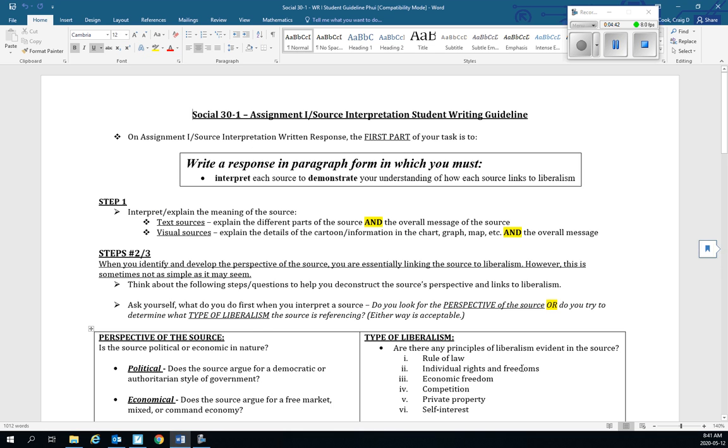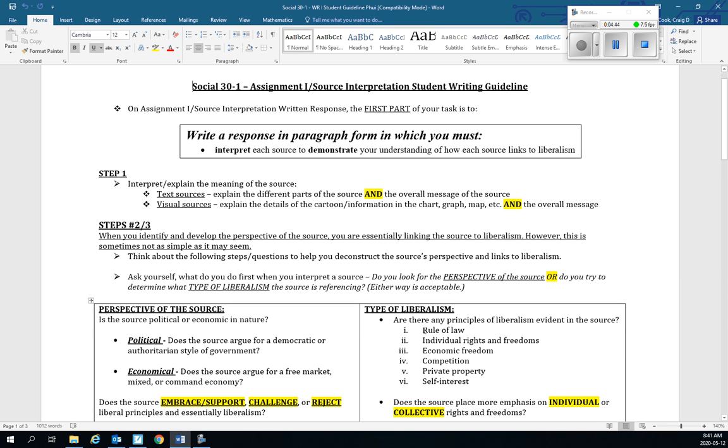In terms of your links, well, of course, we're talking about rule of law. The government put itself above the rule of law when they established the residential schools. I mean, those kids did not go there because they wanted to. Their families certainly didn't want them to go. Clearly the government putting itself above the rule of law. They infringed and took away people's civil liberties, their rights and freedoms, in both cases of the residential schools and the policy of eugenics. And you might talk about self interest in that individuals were denied their own right to self interest because the government was putting its self interest first.